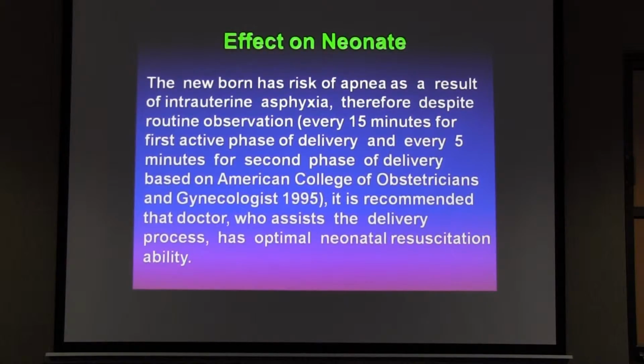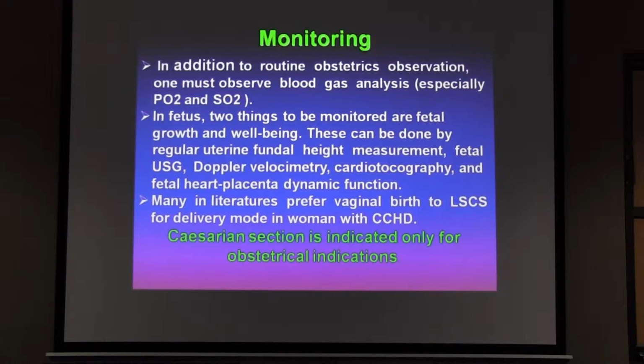Therefore, despite routine observation every 15 minutes for the first active phase of delivery and every 5 minutes for the second phase of delivery, the American College of Obstetricians and Gynecologists has recommended that the doctor should assist the delivery and, if needed, have optimal neonatal resuscitation ability. A person with that ability must be there. Otherwise, having gone through the whole pregnancy, at the end the result will be empty,